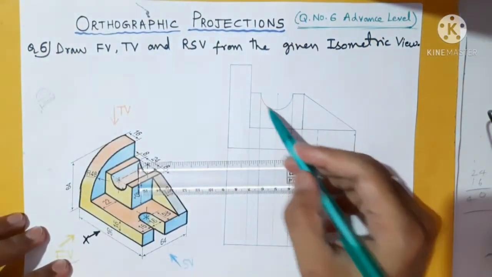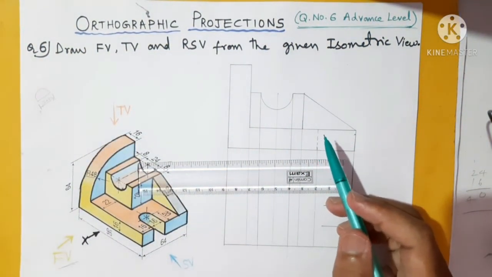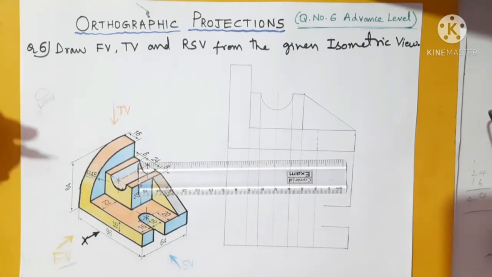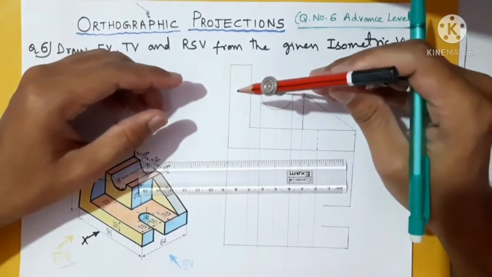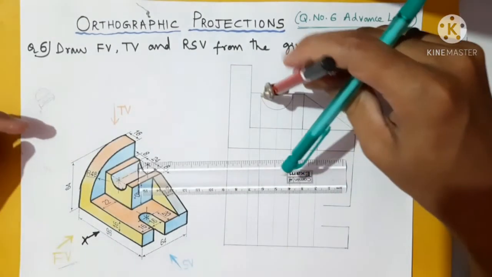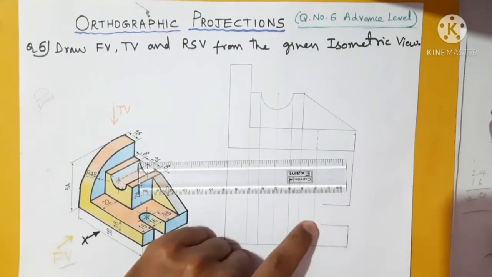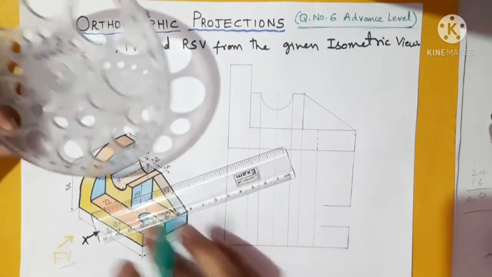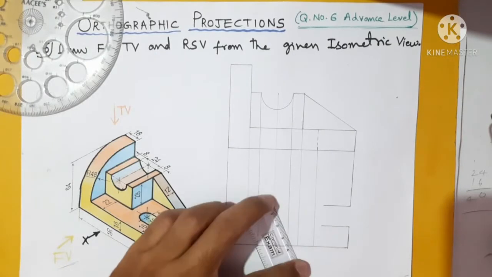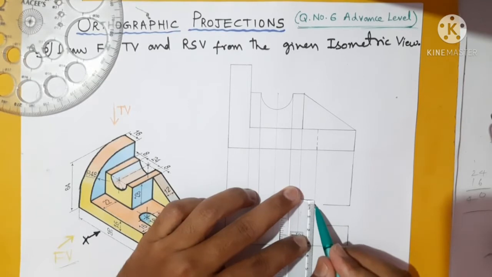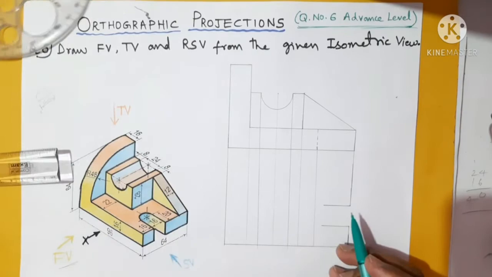You can draw arcs with the help of compass which is available with me here, or you can go with that pro circle. Here how we have taken like this, by setting the required radius you can rotate this one, or else for small radiuses such as in this case it is only 8 mm, with that also it is possible but a little difficult. I will be using this. First locate the center, it will be somewhere here. If you imagine and extend this to 8 mm, it will be somewhere here, no need of center also. Just have a look.